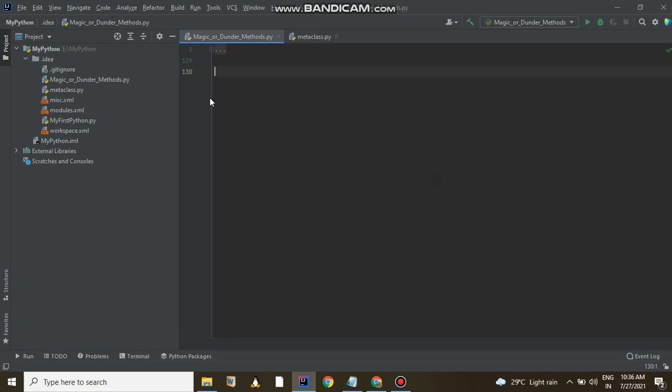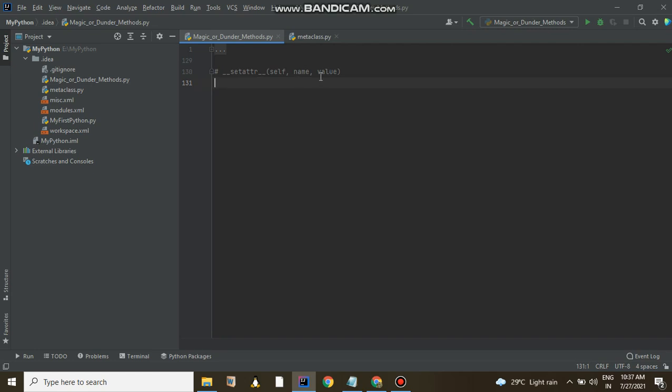So similarly, we can call the second method, that is setattr. The setattr method is used to set the attribute of a class. Like getattr helps you to get the attribute, setattr helps you to set the attribute of a class with a particular value. Here the first argument is the instance itself, the second one is the name, meaning the attribute name, and value is the corresponding value you need to assign to the name.